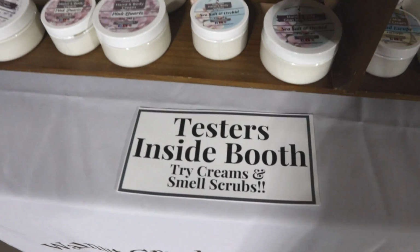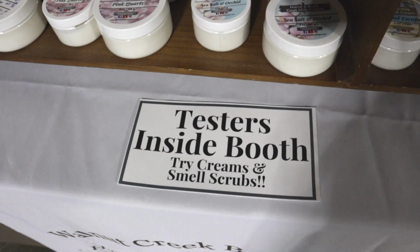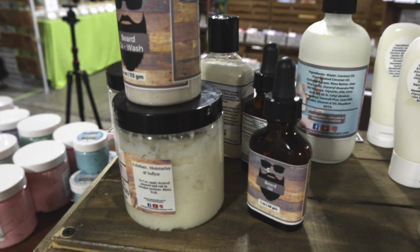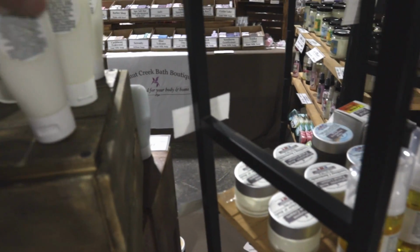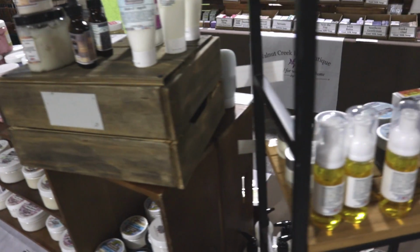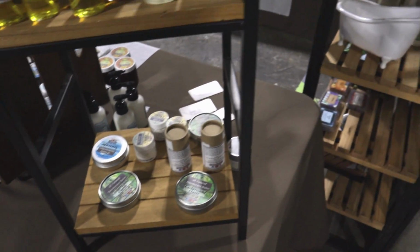And then I have a sign, testers inside booth, try creams and smell the scrubs. Same thing up here. I have some men's products here that I have facing out, just so people can kind of see what is available to them. I don't have much facing out this way, but...